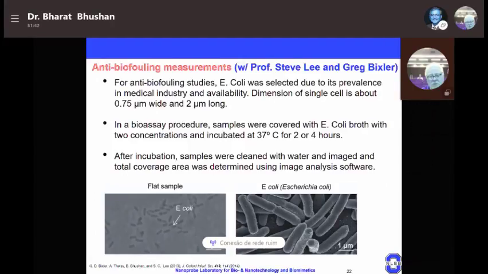In the bioassay procedure, we cover the sample with E. coli and we incubate at 37 degrees C